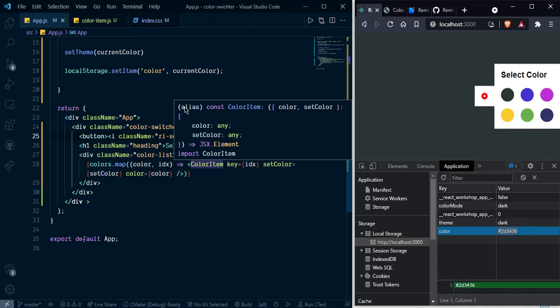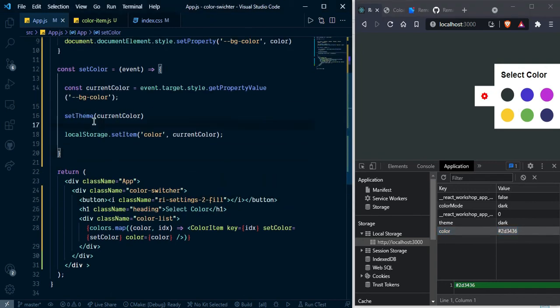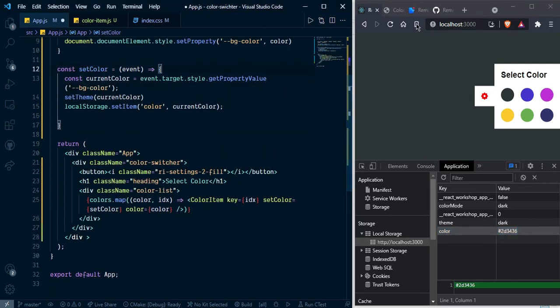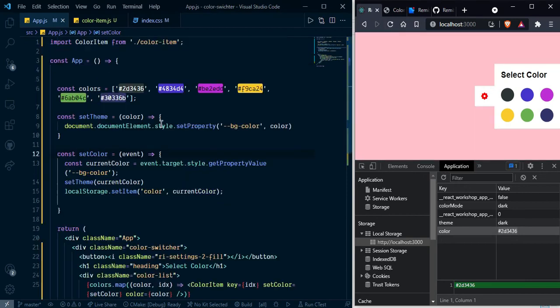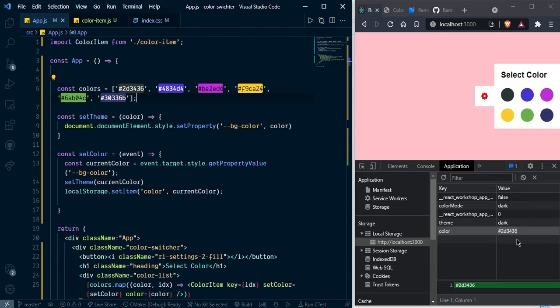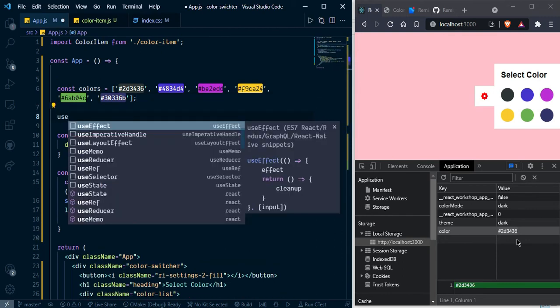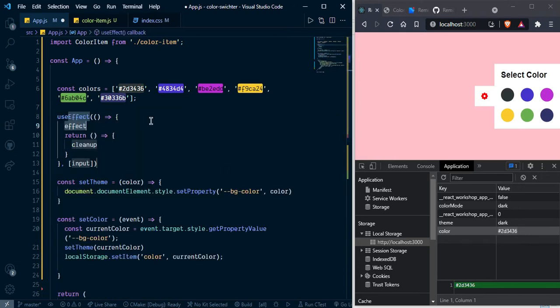So how to check this one? Check when the app is started, and we extract from the local storage and see whether local storage has any color or not. If it's not, we set the default color, otherwise we select that color that is saved inside of local storage. So I'm going to use effect here,